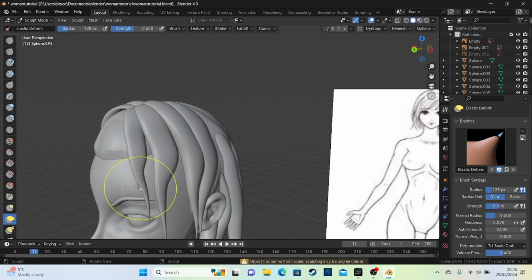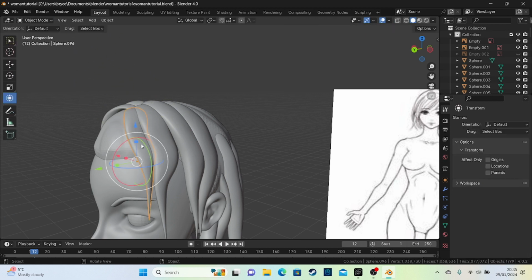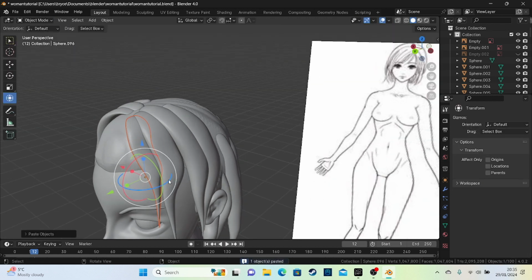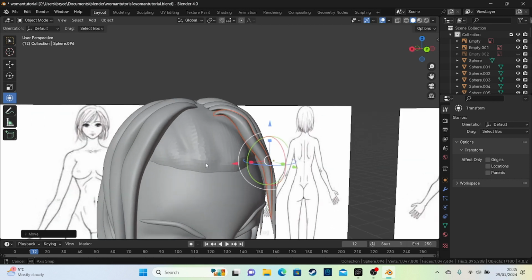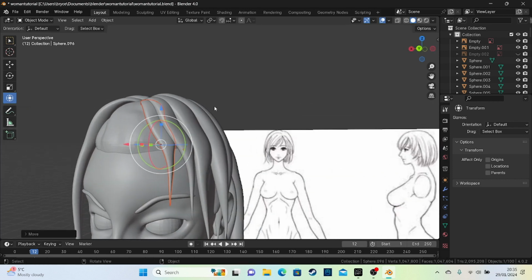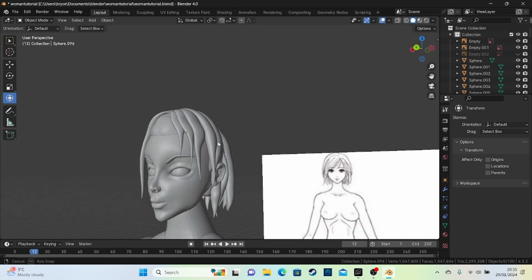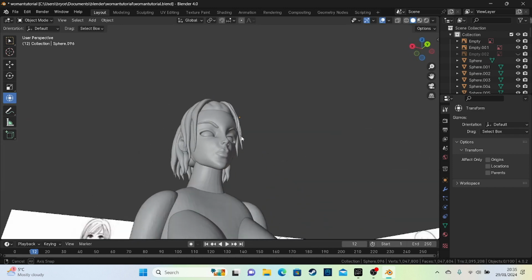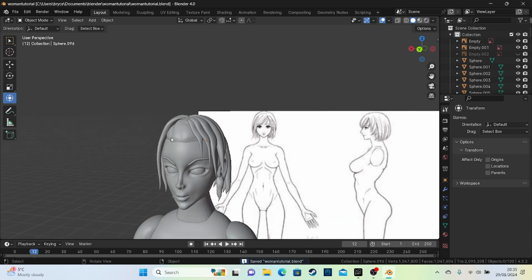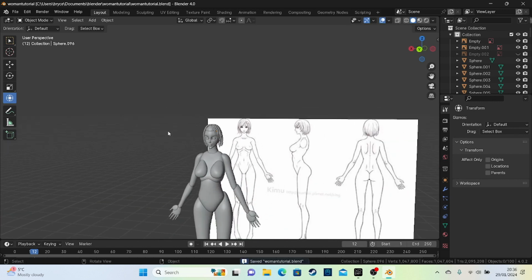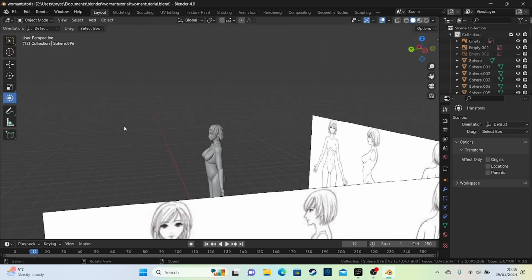The hair is probably going to take one of the longest to do. But as you can see, I'm just almost, like I said before, not cheating, but cheating in a way by duplicating it over, making it a little bit smaller and bigger for that side. Saving it. And then we're getting a little bit more different here. So now we're going to get the, oops, see what I've done there. I've actually accidentally